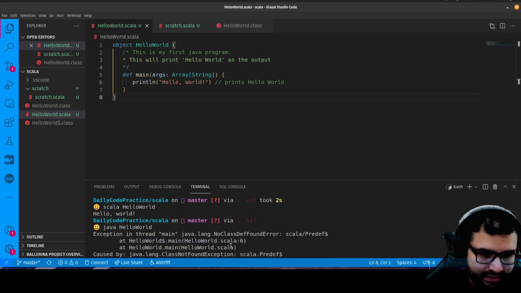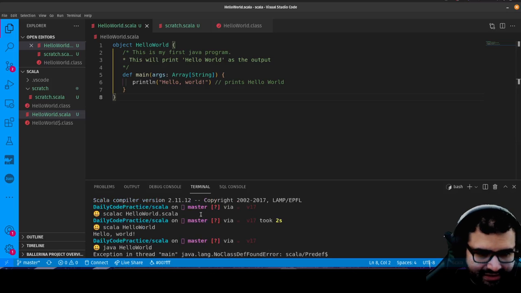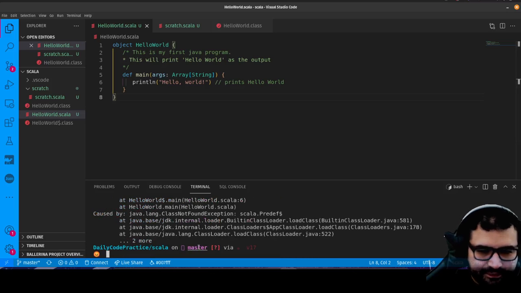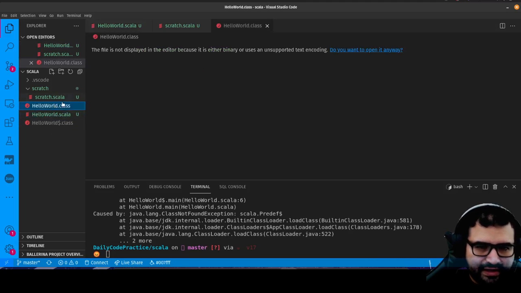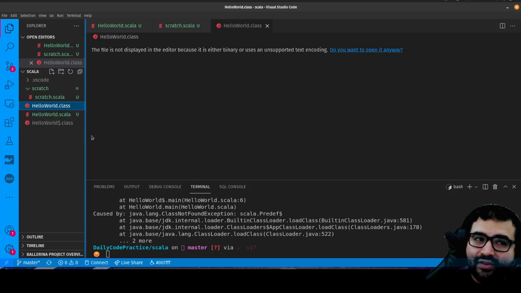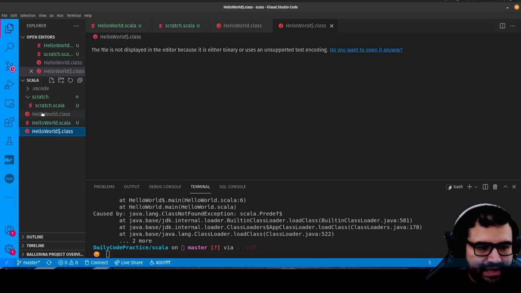Exception in thread main, NoClassDefFoundError, scala Predef. So yeah, you still need to run it with the scala command. Because I don't think here we just compiled it to this class file. I think there's another type of file you can compile it into. I forget what they're called. But yeah, you get the idea.